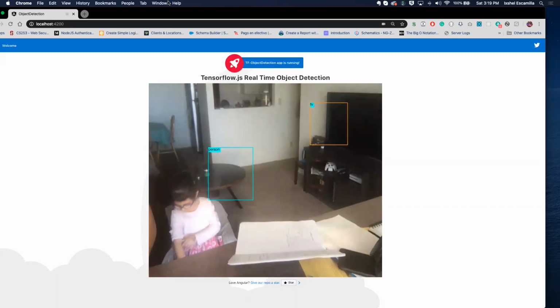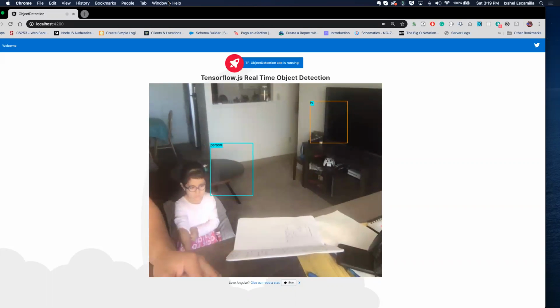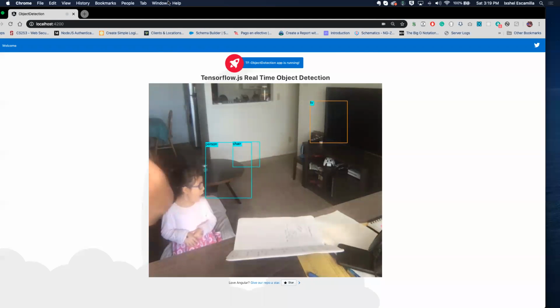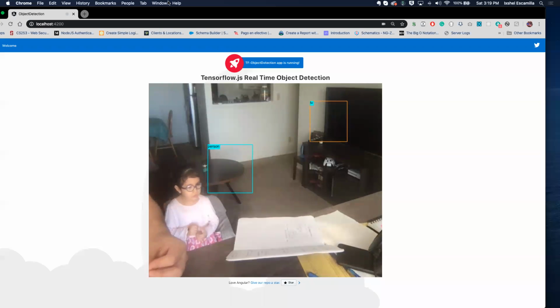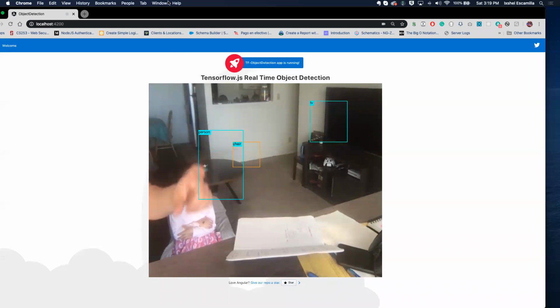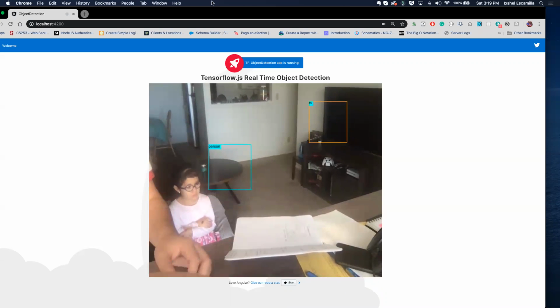So as you see, we can say that there's a TV, there's a book, there's a person as well, there's a chair. The blocks there are just not in the correct place because that is something that you have to start playing around with. The predictions are going to return you the X and Y position. So you have to do some maths there just to try to put them in the correct place. So we have this example